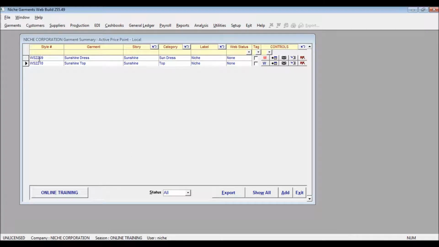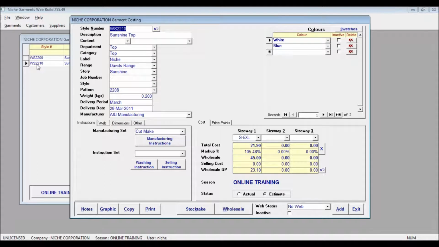So last week we created a manufactured costing, which has this little M here. This week we're going to look at a wholesale costing, an import costing, which is used for those people who don't deal with parts and order their completed garments from overseas. So what we'll do is double click on one of the styles we created previously,